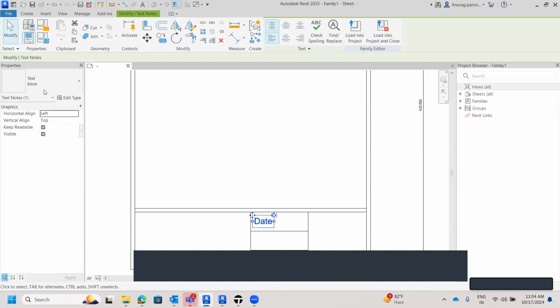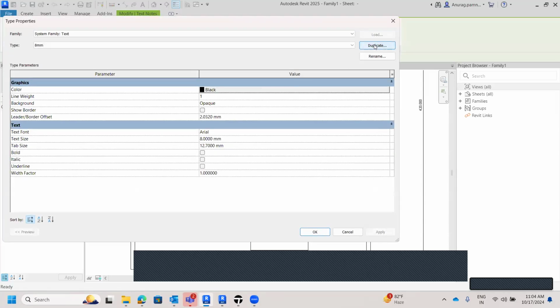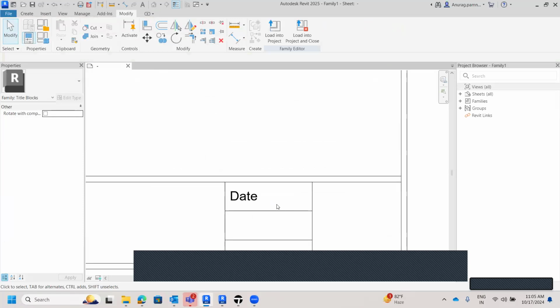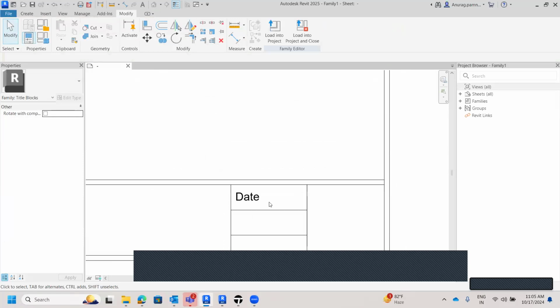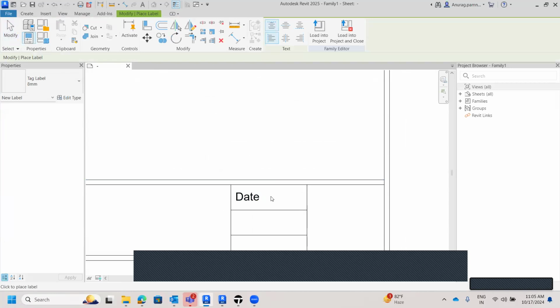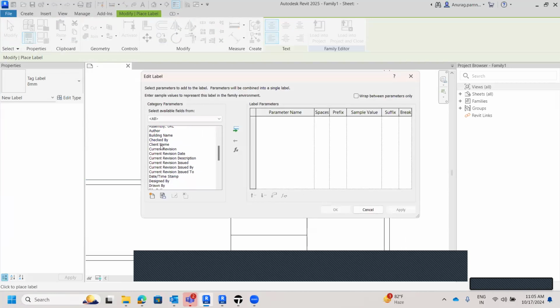राइट। टेक्स्ट हाइट वगैरह आपको कुछ भी एडजस्ट करना है, यू कैन गो विद दिस ऑप्शन, गो ऑन टू एडिट टाइप। मान लीजिए छोटा करना है इसको, तो डुप्लीकेट करके आप टेक्स्ट का साइज में रिड्यूस कर सकते हैं ऑटोमेटिकली। सो ऑल दोज थिंग्स देयर विद इन द सिस्टम, you just need to explore them. Now I have to associate date with a label, right? तो create पे जाके अब मैं label पे जाता हूँ, और इस पर्टिकुलर चीज के लिए मुझे यहाँ डेट ढूंढनी पड़ेगी।